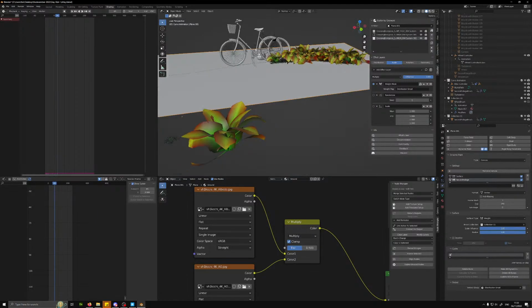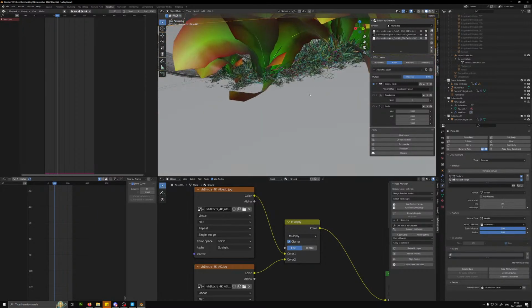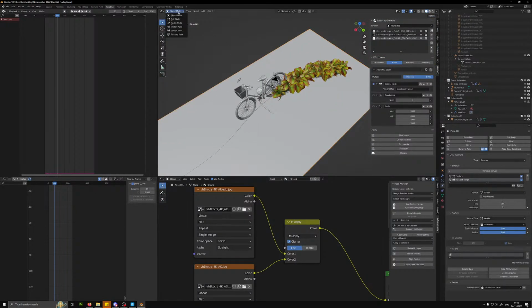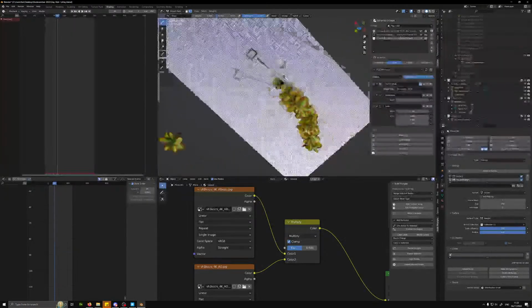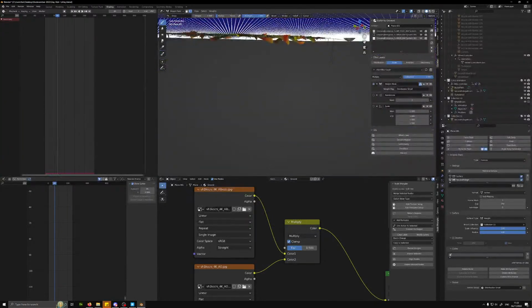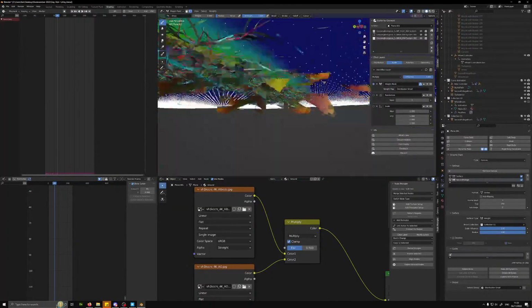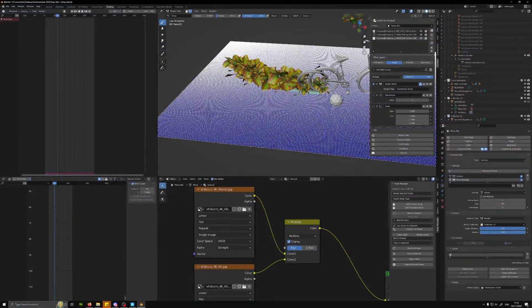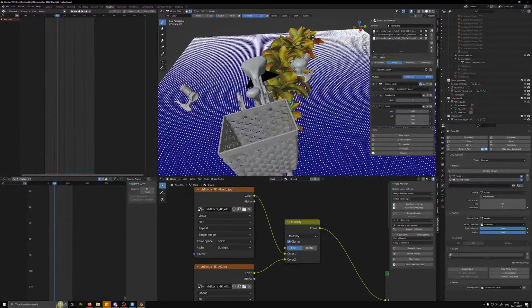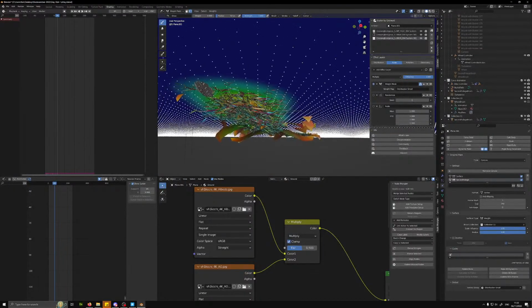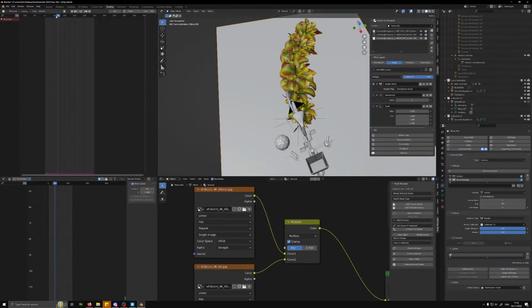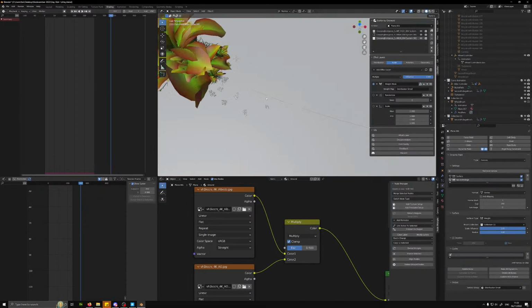Like, wait, what? So now there's... I think Blender is bugging. Like now there's weight paint. I deleted all the bakes and we got the weight paint here, but not from where I actually should have baked it. And at frame 0 we do have